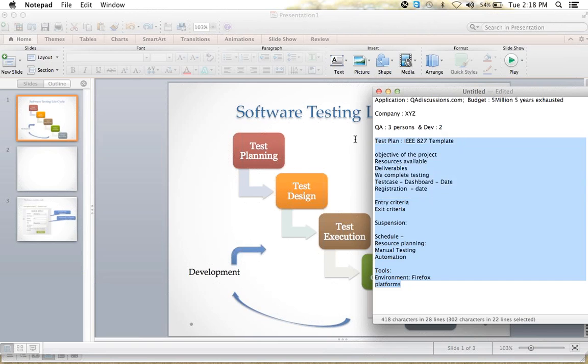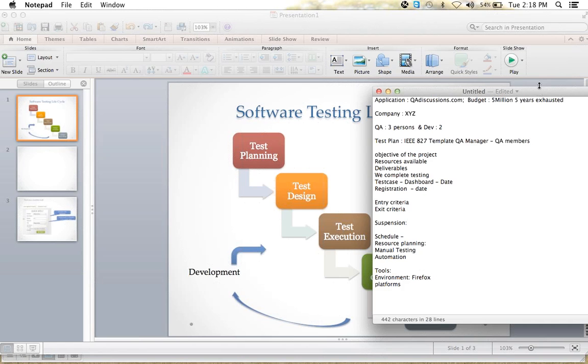So during the test plan preparation, first of all, the test plan will be prepared by the QA manager. After that, the QA manager will sit with the developer and the technical manager, all the heads of departments, and prepare it with their prior experience. And again, the test plan will be reviewed by all the QA members, all the people, because they may also have some ideas or some things they've faced in past QA experience.